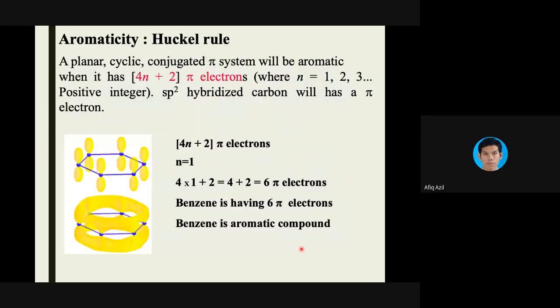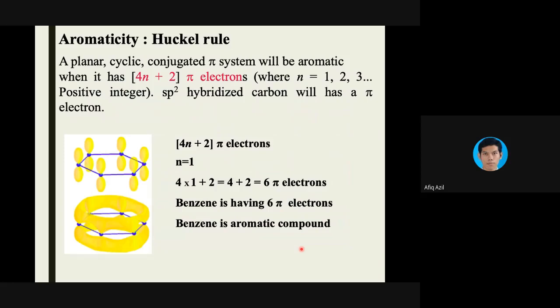Then we will go to see the Huckel rule. So this is very important, so please pay attention. So what is Huckel rule? Huckel rule is one of the, besides all the properties that we learned in the first slide, one of the most important things you have to check for a compound